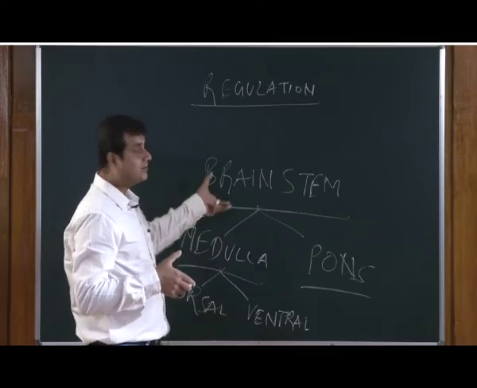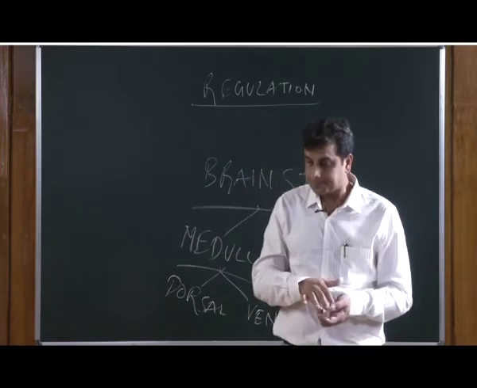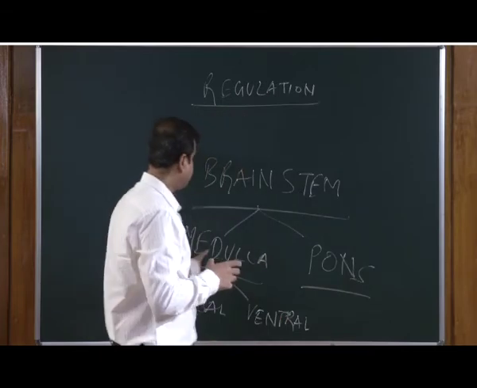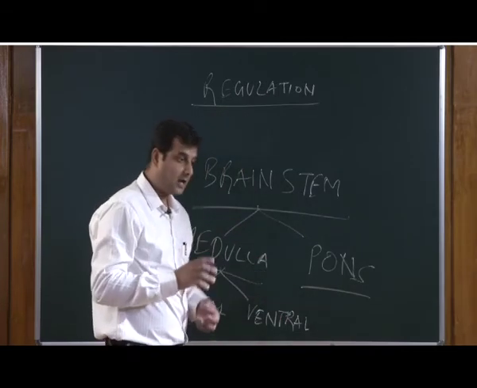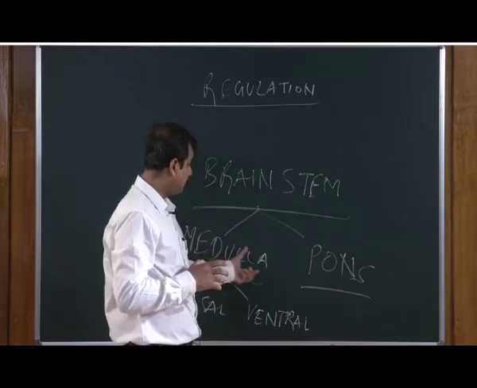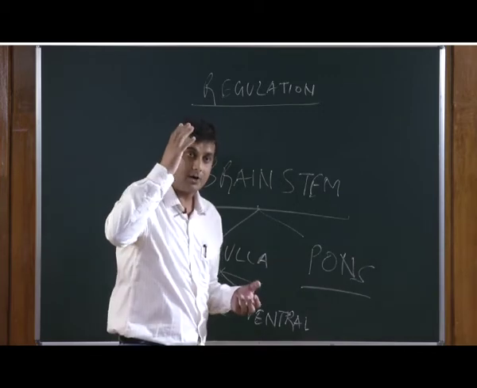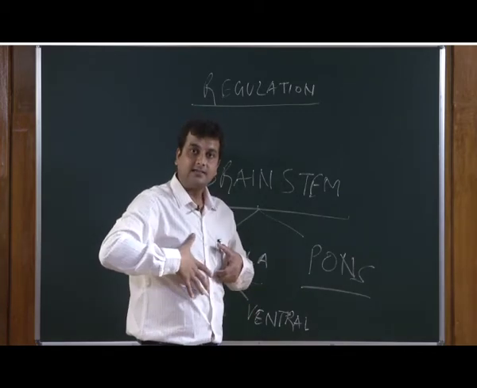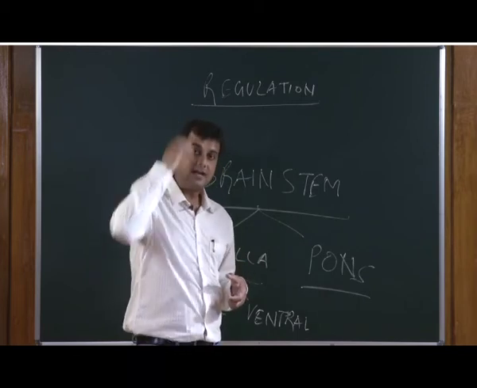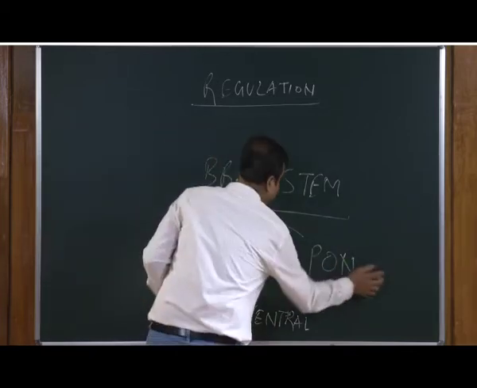So, this is the regulatory aspect of respiration, where we need to understand these two very specific structures of the brainstem. Now, these two structures of the brainstem are located in the central nervous system, which is in the top area of our body. Now, our lung is here and the brain is here. There is a connectivity between this brain and the lung cavity, which is normally called the